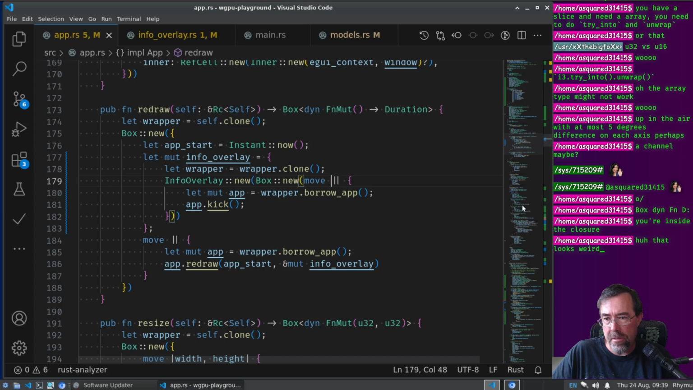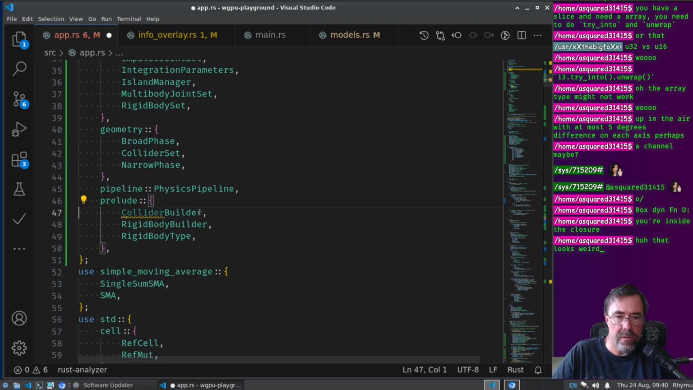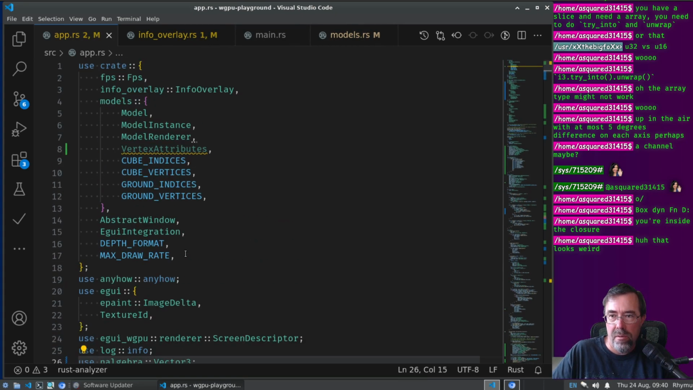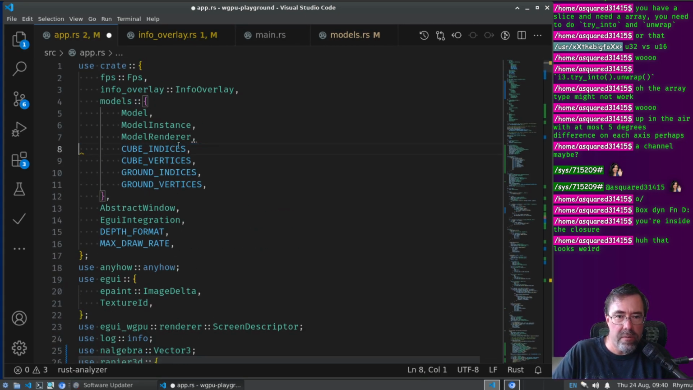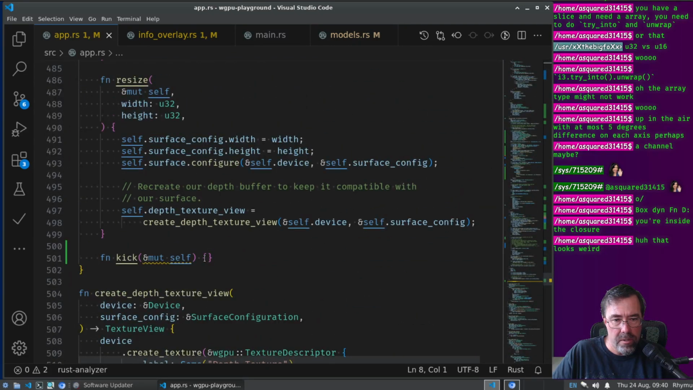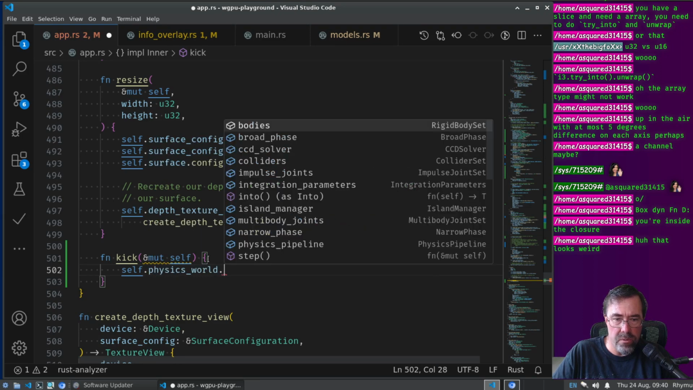Okay, let's fix some warnings while we're at it. We didn't need collider because we're using collider builder now. But yeah, I gotta wrap things up. Quick! Add the kick button quick before I run out of time. Alright, so let's kick the cubes. So we need to go to self, physics, world,